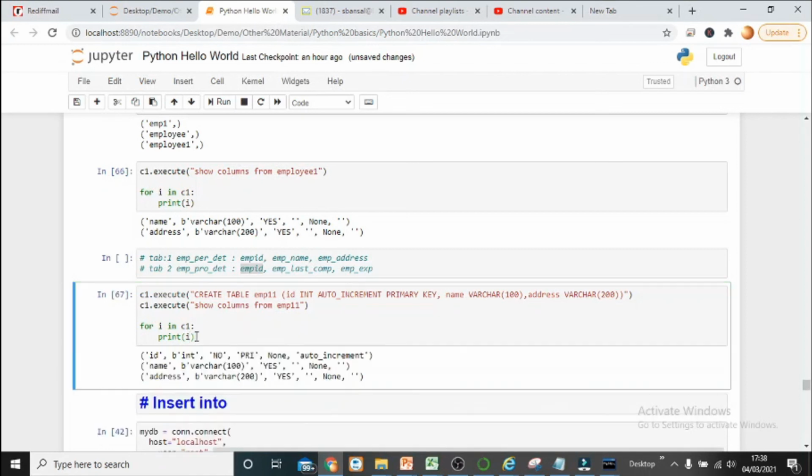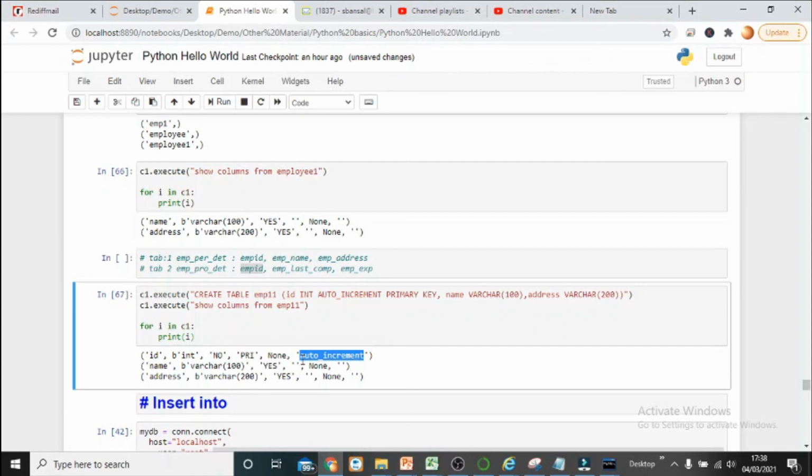So when you run it, EMP11 is created, and after creating EMP11, you can see these are the columns which are created, right? And the first field is auto increment. That means it is going to increase itself automatically, right?